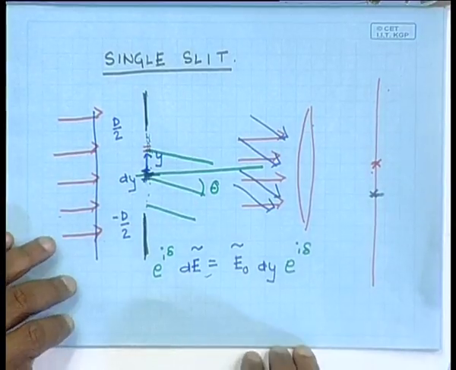This is what the phenomena of diffraction is all about. You have these fringes produced whenever you place an obstruction in the path of light. Whenever there is an obstruction in the path of light, there will be a fringe pattern, as you have seen, which is going to be produced. Each point in the aperture, each point which is not obstructed, is going to act like a source for a secondary wave,